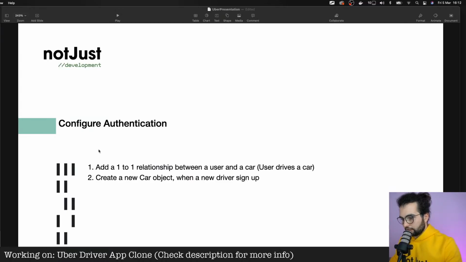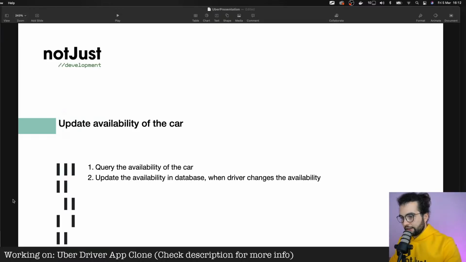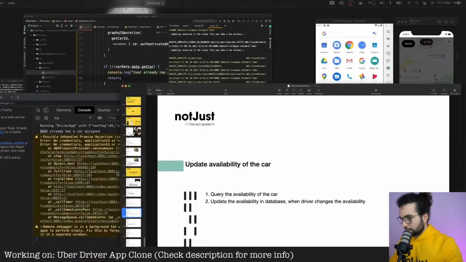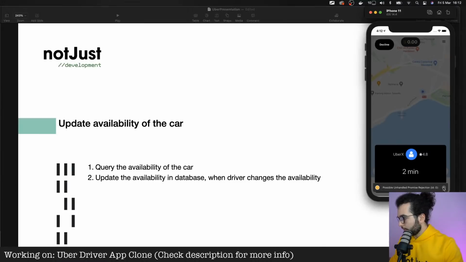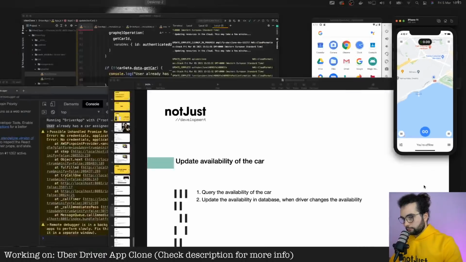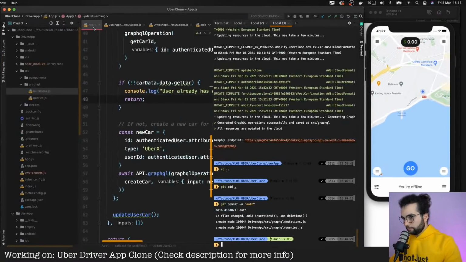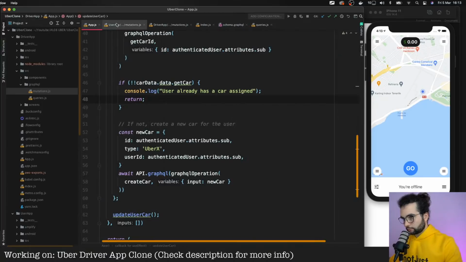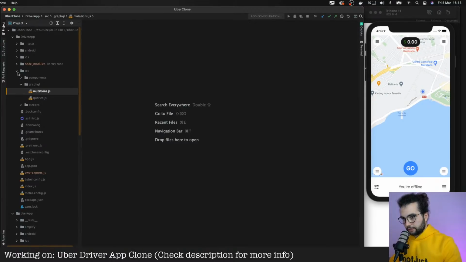Moving on, configure authentication was done. Update availability of a car. So in the home screen, what does that mean? Let's decline this order. In the home screen, here we display that you are offline. I will close all the tabs and show you some code.